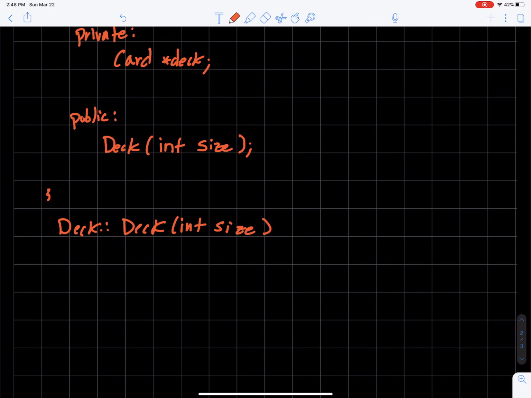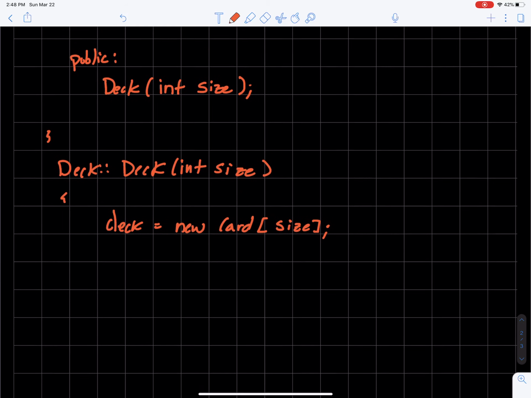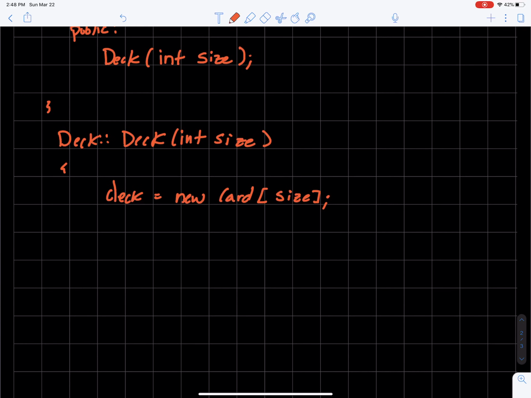And inside here, we will pretty much just dynamically allocate, right? So since deck is a pointer, we would just say now deck equals new card, and then we'll say whatever size the deck is, right? And then we would probably want to go and start adding new cards, right? So we'll probably do a for loop,